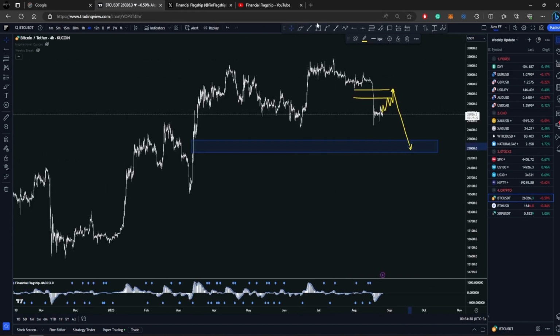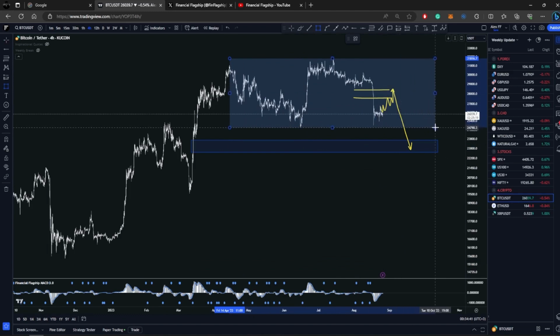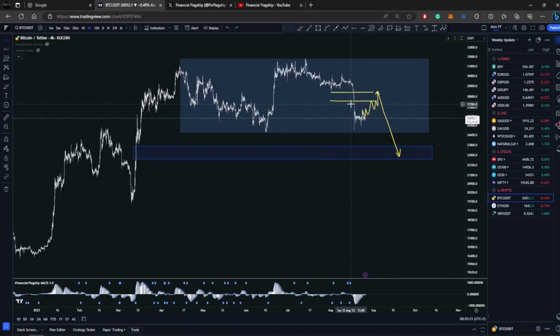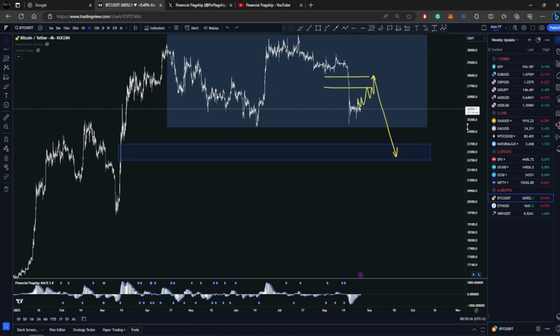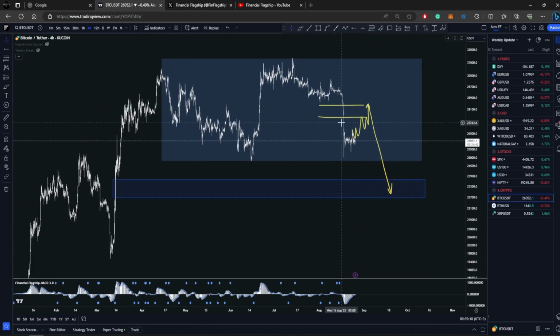But for that, we need to be a bit patient because as you can see here, we are in a big range. So I was telling you guys in the previous videos, if this happens, we don't trade it inside the range, even if we get setups, we'll wait for the price to break out and then see what happens next. So let's wait for it to break out towards the downside, and if it reaches this level here, the 23,000, 24,000 level, this area, I'm going to be looking for my buy setups if we get a reaction. If not, leave it alone. We have plenty of time to focus on its development, so we don't need to rush things up.